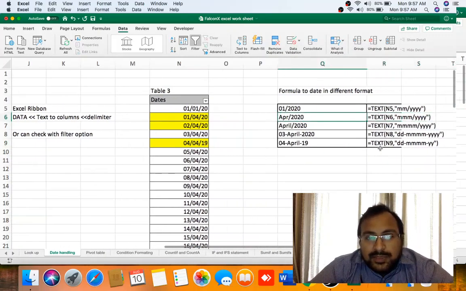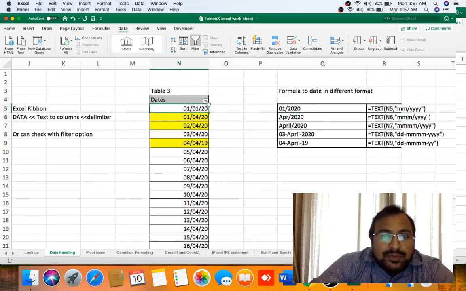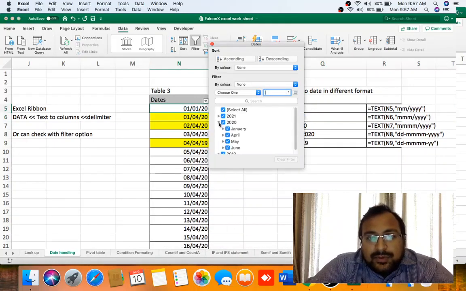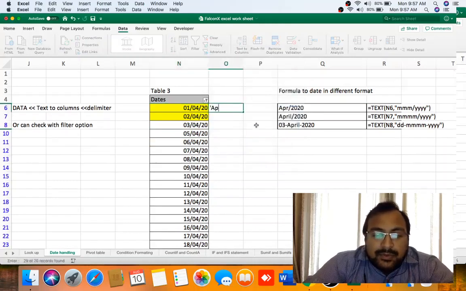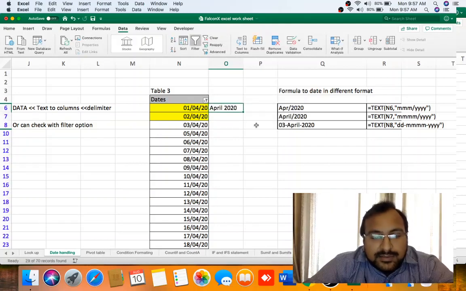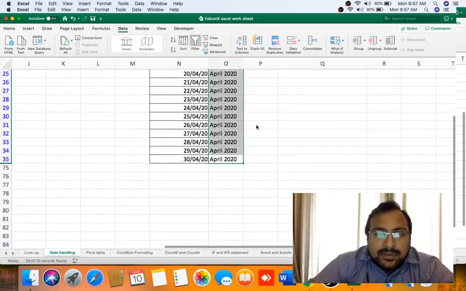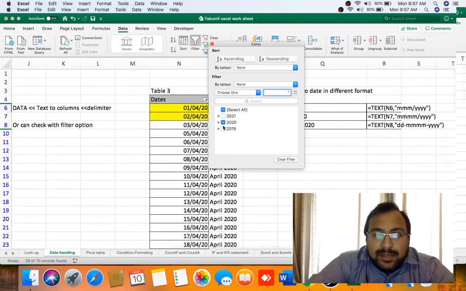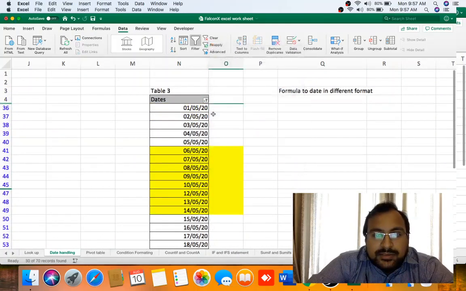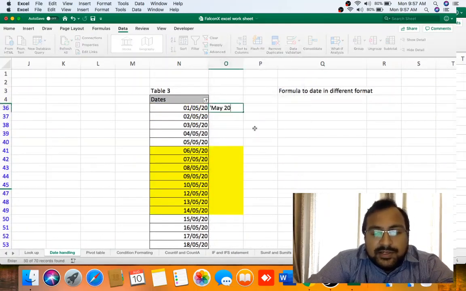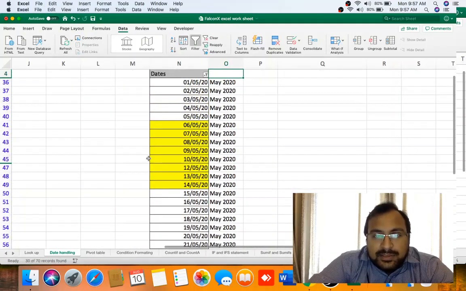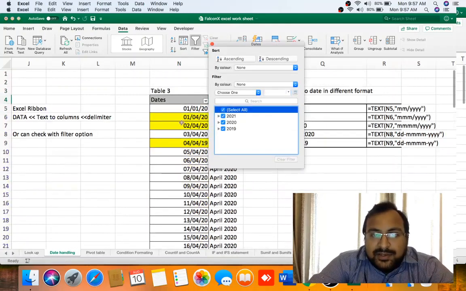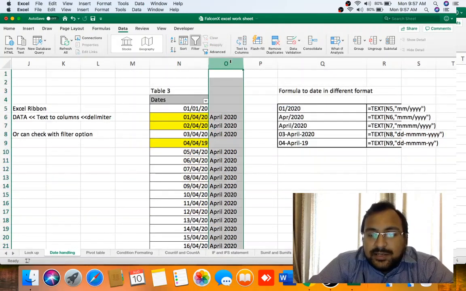Now let's move ahead. Suppose in a statutory audit, we want to club the data month wise. For example, we want to club April data. So one method of doing is we can write month wise like this and do a copy paste, and then similarly we can do for May. But don't you think this is time consuming and chances of errors are too much? For me it's time consuming and I make a lot of errors doing like this. So how can we save this time and errors?